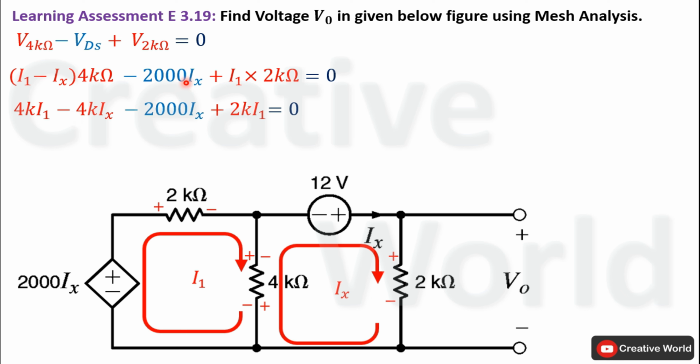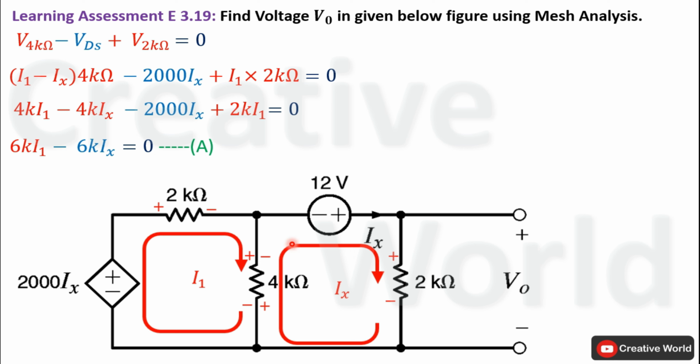Minus 2000 Ix plus 2k I1. Now add values having same variables together. 2k I1 and 4k I1 will become 6k I1. Similarly, minus 2k Ix and minus 4k Ix will become minus 6k Ix. Now we cannot further solve this equation, so we will label this equation as equation A and move towards next